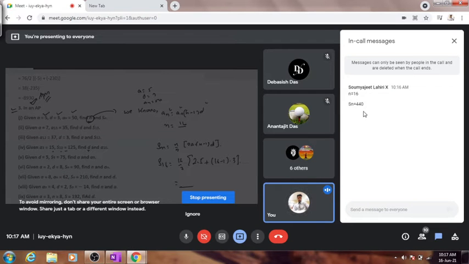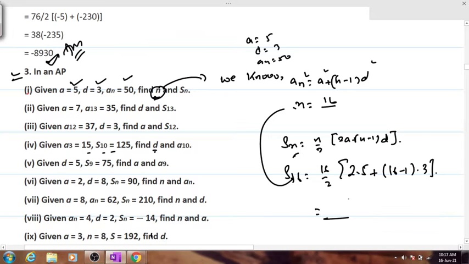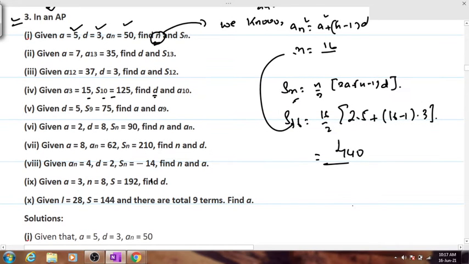S16, you will not write n, okay? Samujit, you will not write n, you write S16 is equal to 440, clear? Sn is for nth term and we don't have to calculate for nth term, our n is equal to 16. After having substituted 16, you will get S16, not Sn. Clear? Now did everybody get this answer, yes or no, confirm?